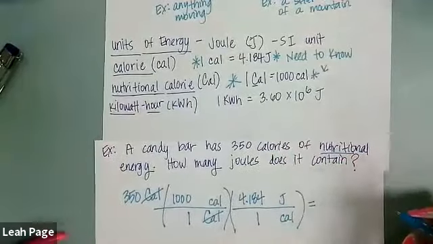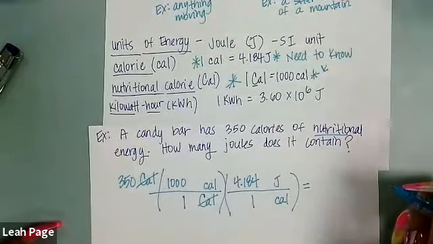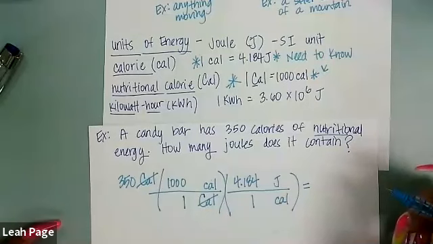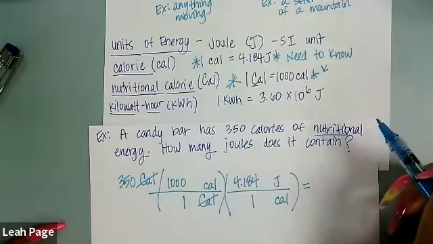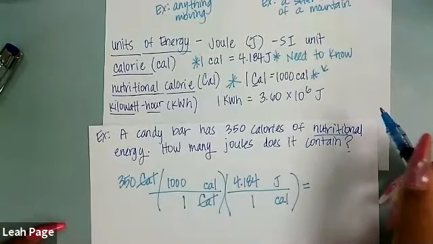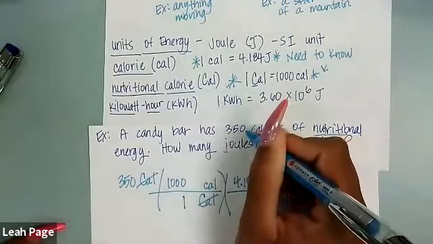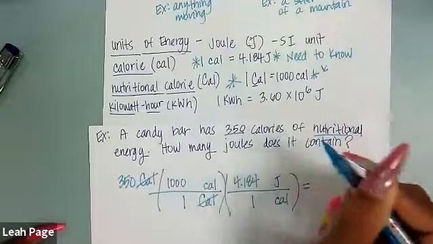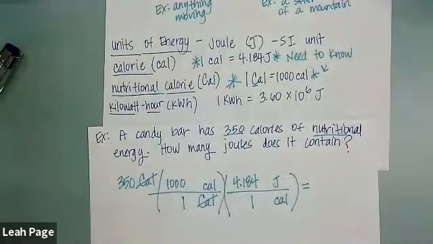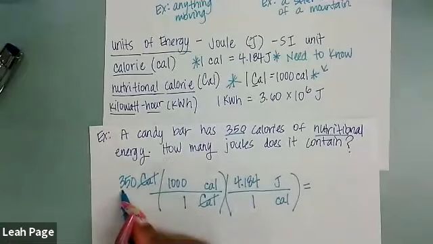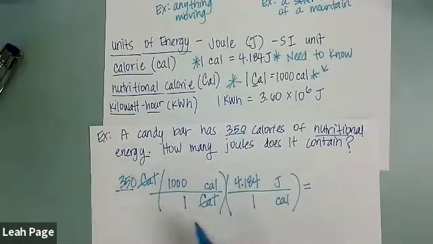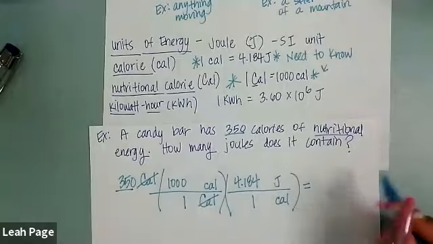How many sig figs do I need in my answer? 3? Are we sure? We need 2 sig figs, guys. Remember, there's no decimal here, so this number is just 2 significant figures. However many sig figs we start with, in this case 2, we have to end with 2 sig figs.